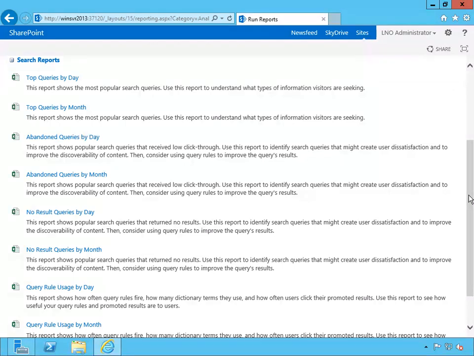You can see the abandoned queries, which are very critical for the search, which means that the users searched on something, got a set of results back, but didn't click on them, didn't actually go through those, which means that they generally either didn't find what they needed, or they weren't even encouraged to look at additional filtering on there. So generally things were not that good. You want to see that, you can actually use query rules later on to improve those abandoned queries